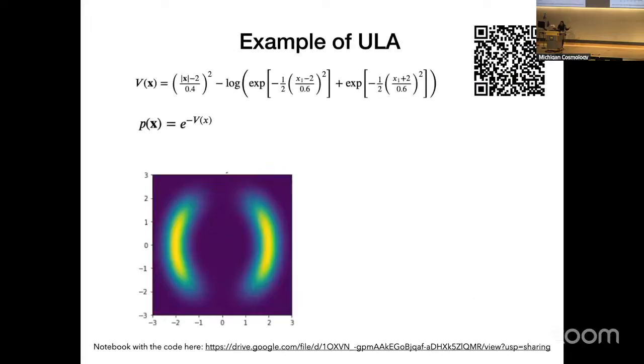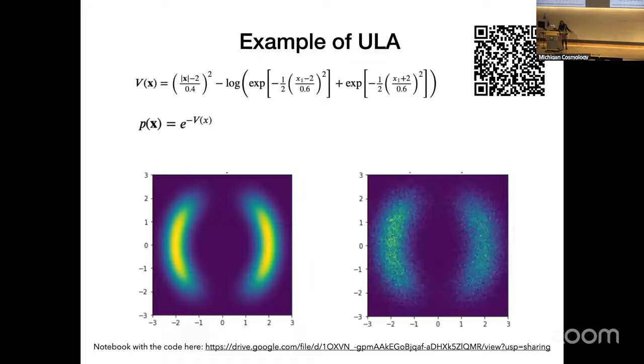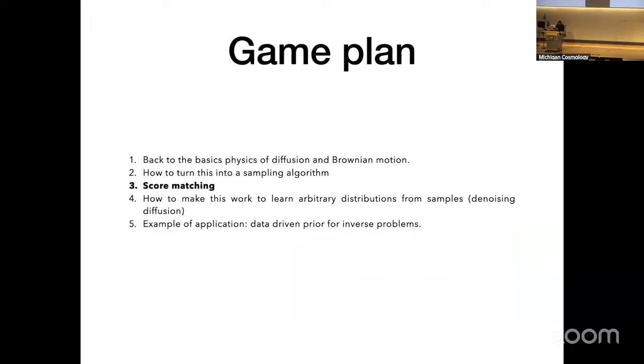So this is an example. If I have this distribution here, that's kind of messy, it looks like this. I can sample it by solving the stochastic differential equation and letting it reach a steady state. So these are samples from this distribution that I've sampled with Langevin, unadjusted Langevin sampling. All right,